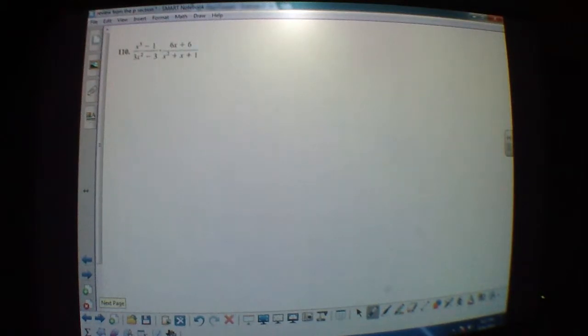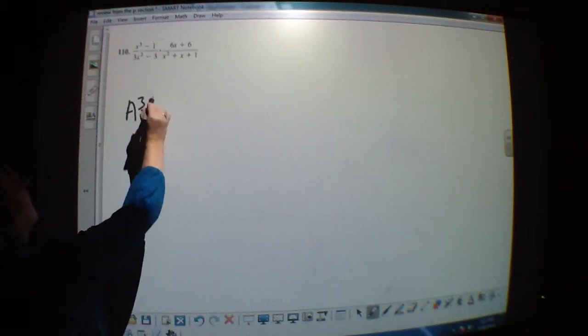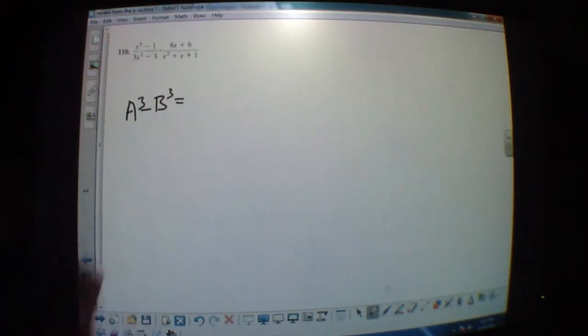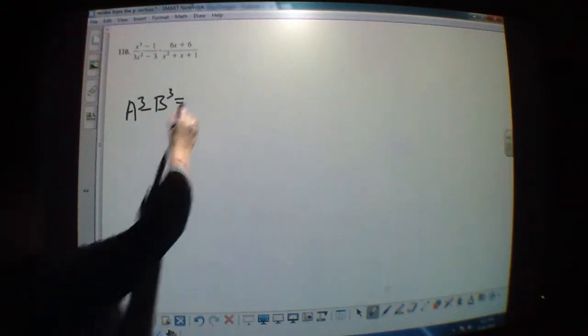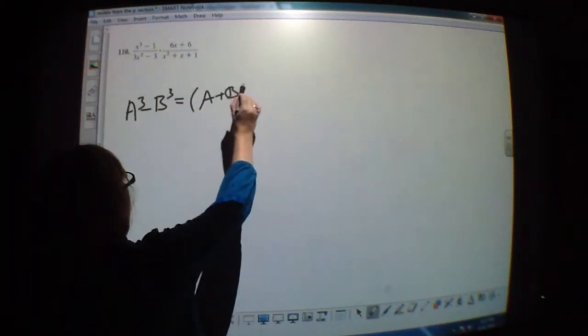110. Let's simplify this. x cubed minus 1. If you don't remember how to factor cubics, in the back of your book, not on the flap, but the second to the last page, they have algebra formulas and definitions. And one of those formulas is a cubed minus b cubed is equal to a plus b